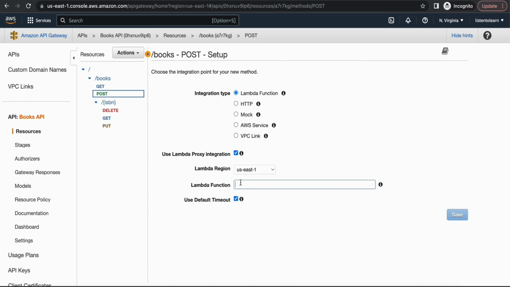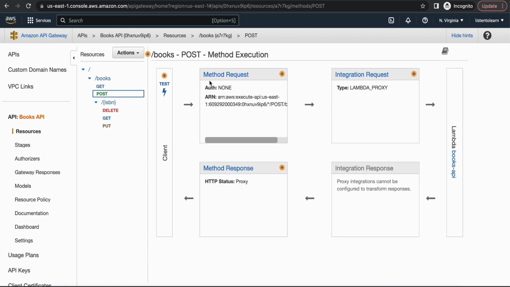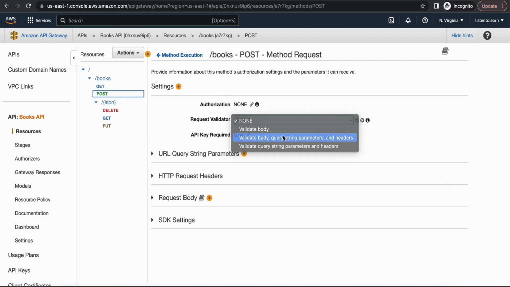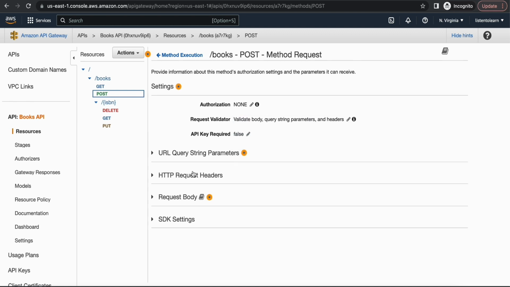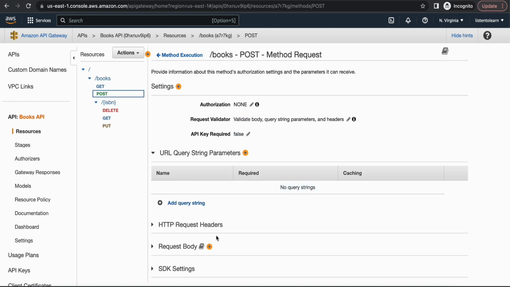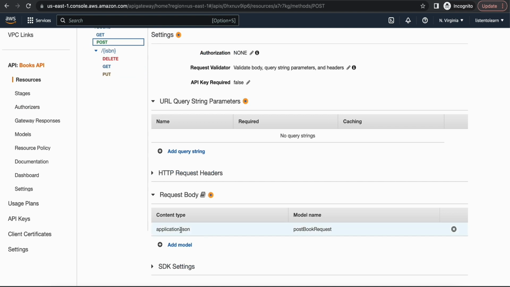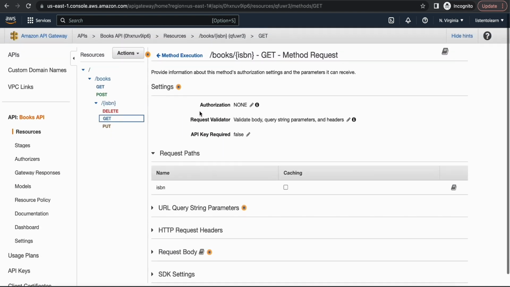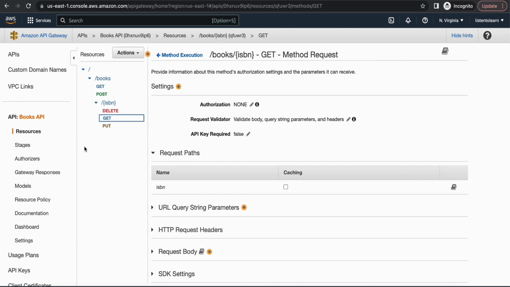And next, let's define the post method. Again, I'm going to make use of the same Lambda function. In your use case, you can even tie them to different Lambda functions. And I'm going to enable the request validator again. We have to do this for every method, and I'm going to leave it to you. You can update each of these methods, delete, get, and put with the same Lambda function, as well as enabling